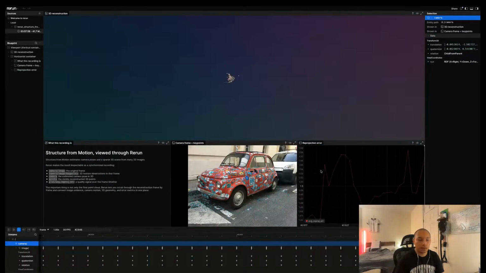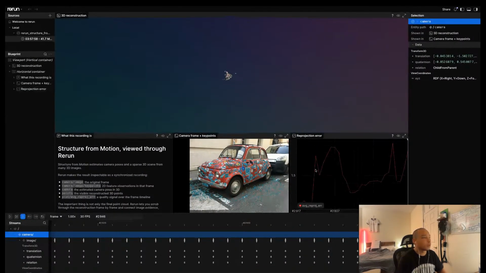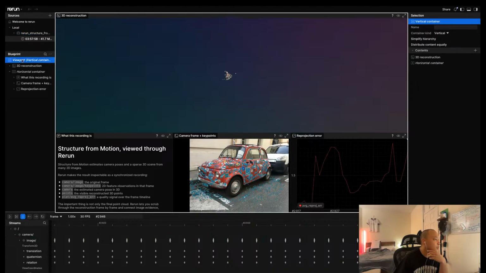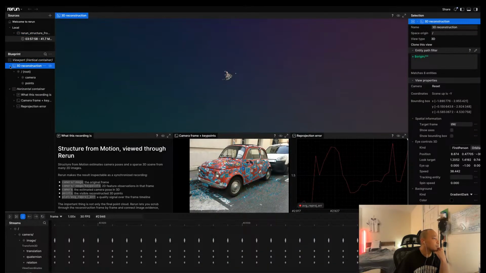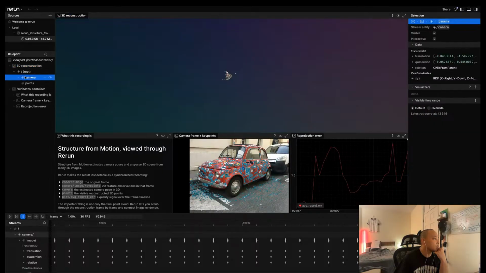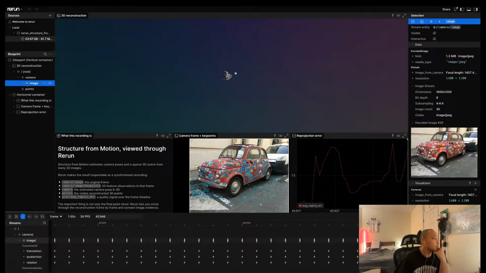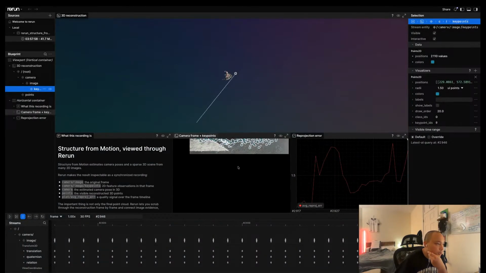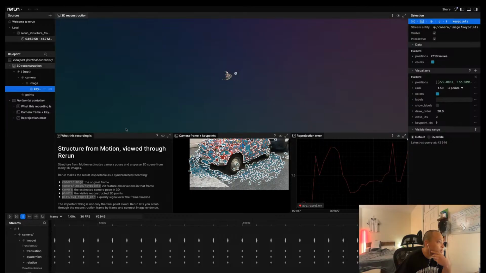All right. So this is how Rerun looks like. The local structures, and this is the blueprint, right? So you have the vertical container. Within that, you have the 3D reconstruction, you have the root, you have the cameras, you have this image, and these are the 2D key points.